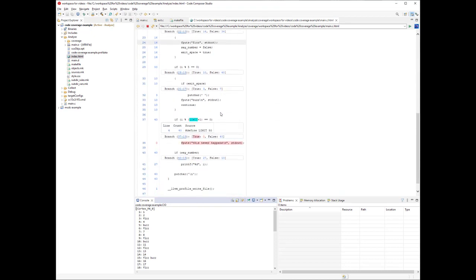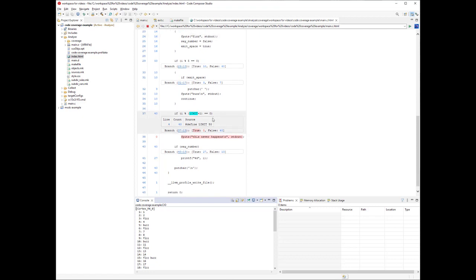And I'm just perusing down a little bit. Anything in red is bad. Okay? I put this particular test in, if i mod limit plus 1, exactly because I knew it would always be false. It would never be true. So this got tested 40 times and it was never true, and therefore line 38 never executed, right? Well, I did it on purpose, but precisely so that I could show you what it looks like in the coverage output.